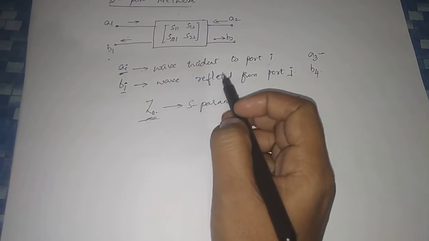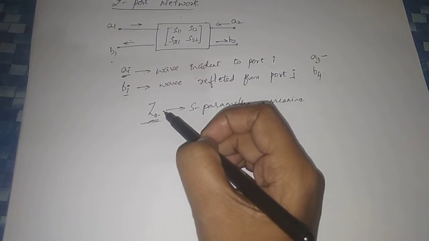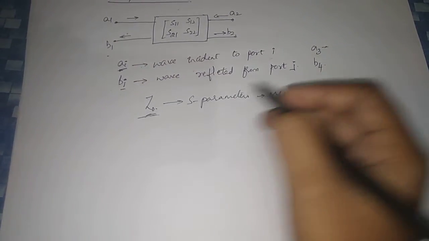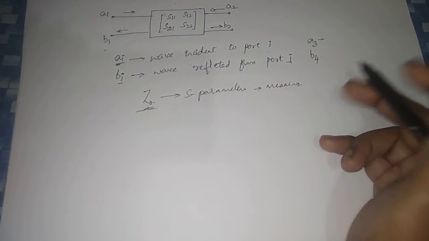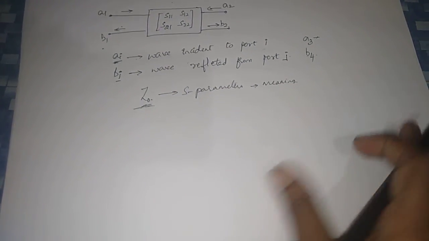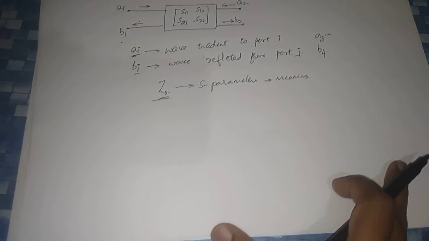If you don't know the reference impedance value, S parameters will not mean anything. You can't do anything with the S parameters. Now we'll see how you can find the values of